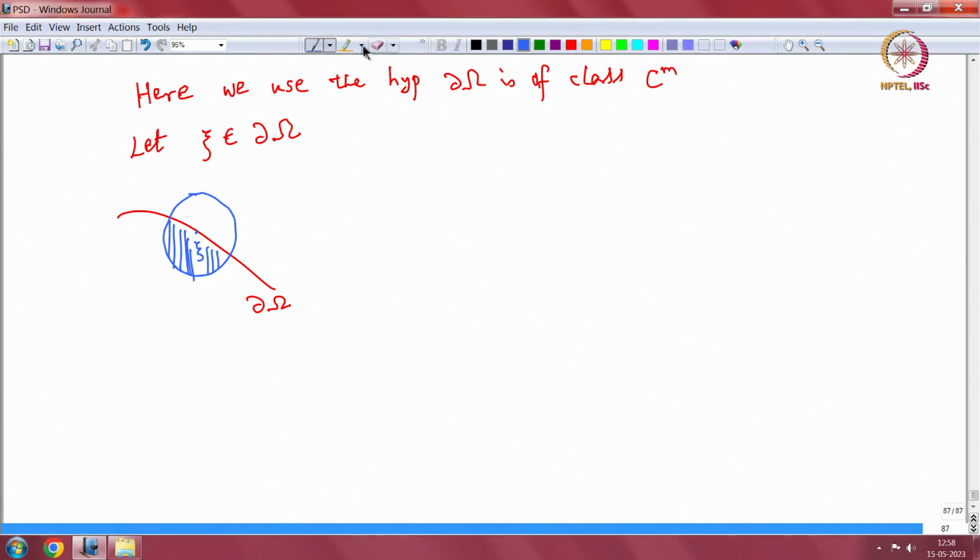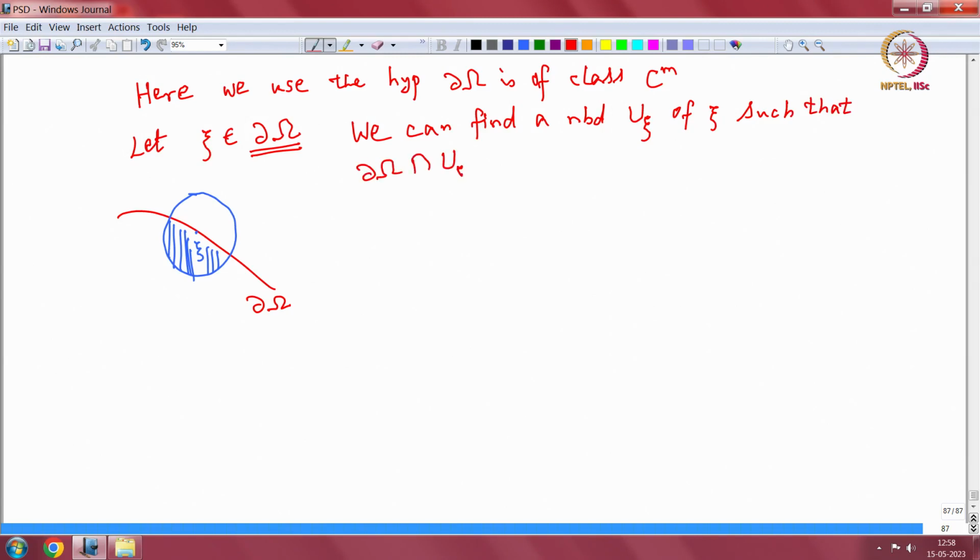So, since this del omega is a surface of class CM, we can find a neighborhood, I will call it Uj, of J such that this piece sitting in Uj is given by the equation